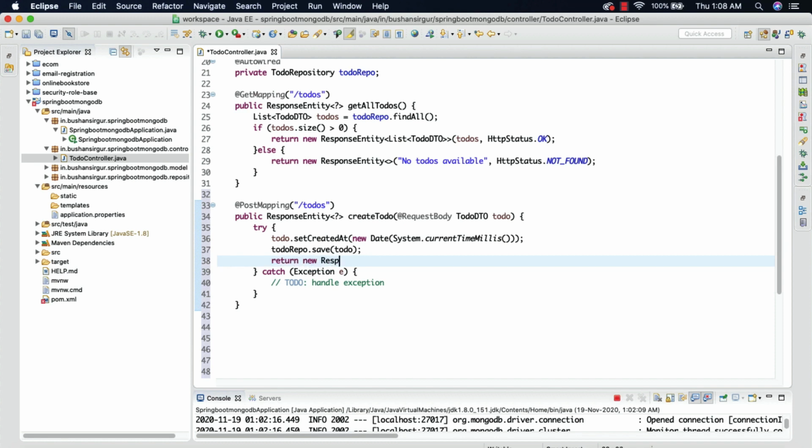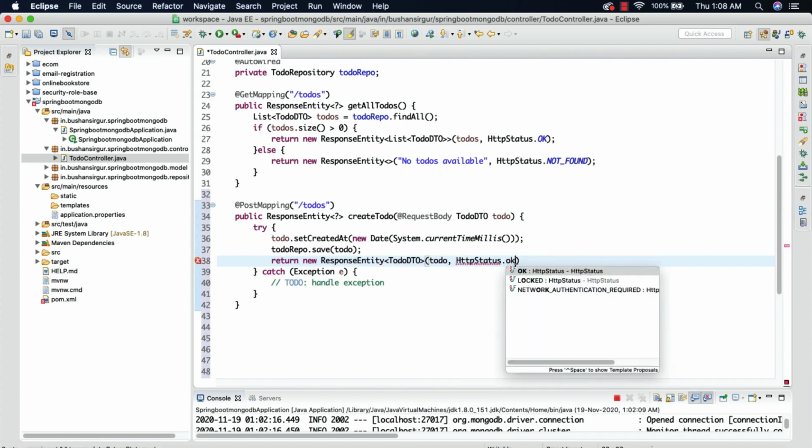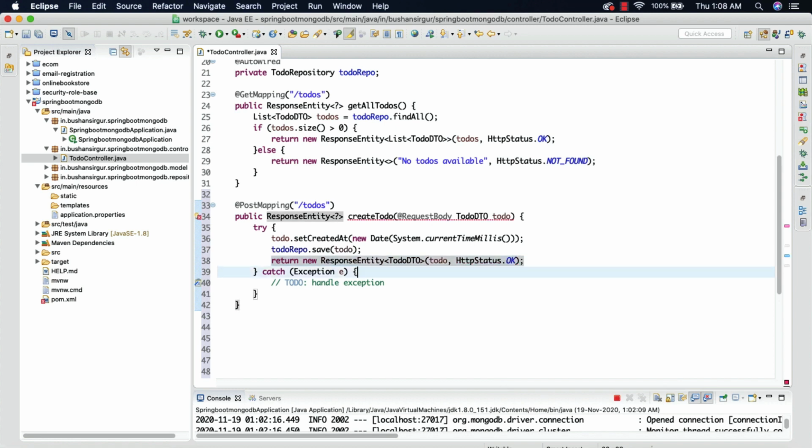Then we return a new ResponseEntity of ToDoDTO, returning the newly created todo, and we specify the HTTP status to OK.